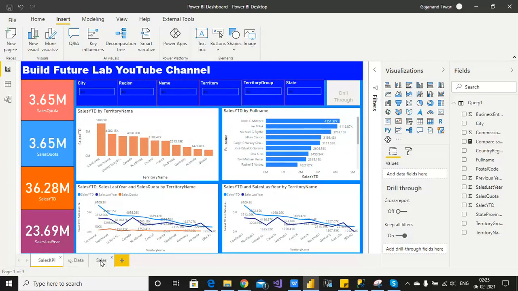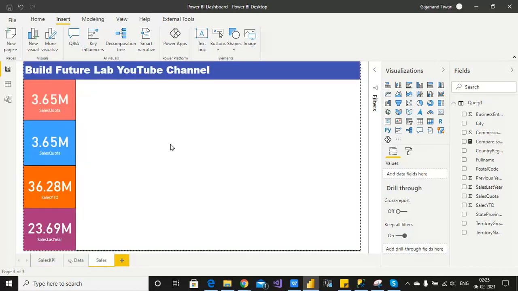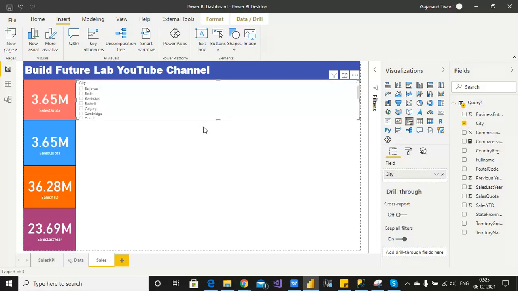Let me prepare one slicer here. For the slicer part, let's add the slicer here, and you can take anything for the field. Let's take city first. For this, go to the drop down here, select that, and say this drop down is coming, but select all is missing here.